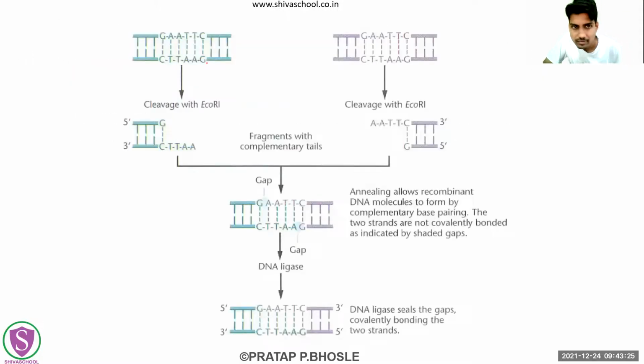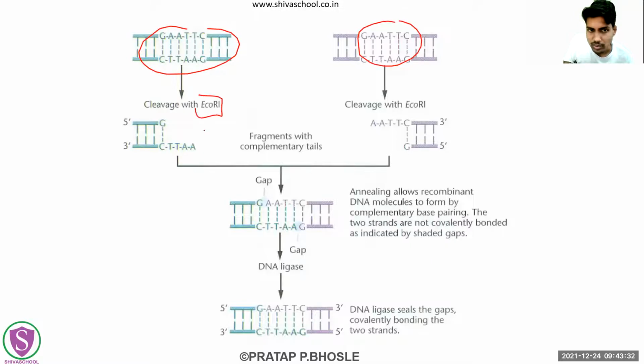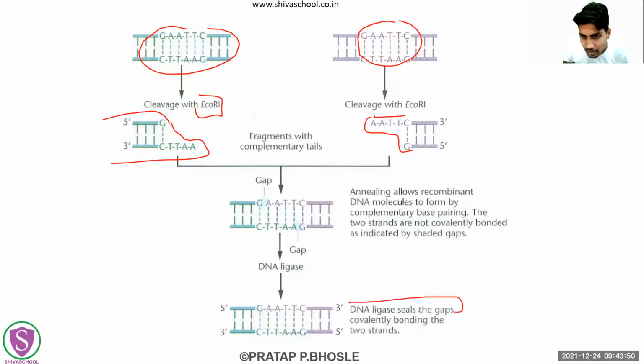So this is how the working of the ligases is. Here is one palindromic sequence. The E. coli enzymes will form these two types of sticky ends out of it. So fragments with this complementary style will come together in that DNA. They are allowed to come together, and these DNA ligases are going to seal these gaps in between. So they are going to form the bonding amongst them.